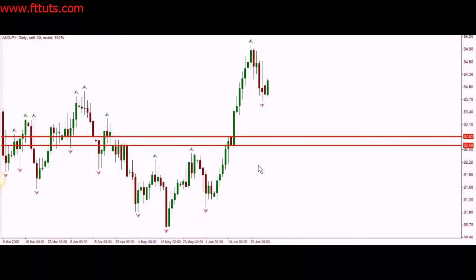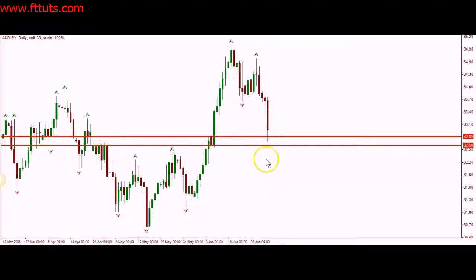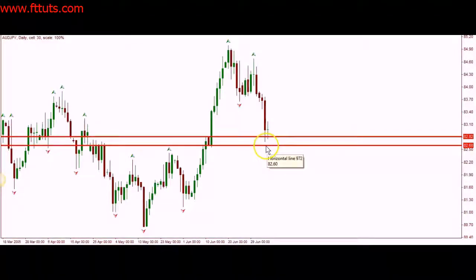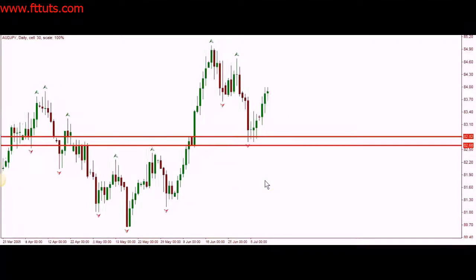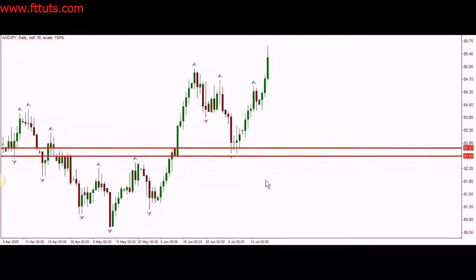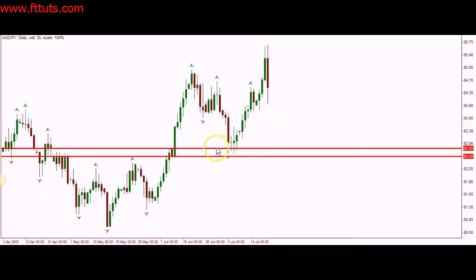We'll talk about other ways to trade these zones too, instead of just setting an order in the middle or at the top. All right, but now if we set an order here and we had a stop loss a little bit below the level, we're triggered already. And then price makes a nice move, and that's a good trade. So you would have had a good trade off of that level, because this was a very strong demand zone. Price moved higher, then you had a base, then price moved higher, and then came right back